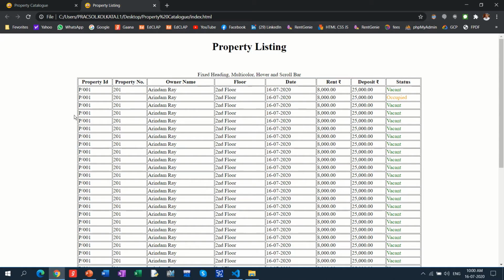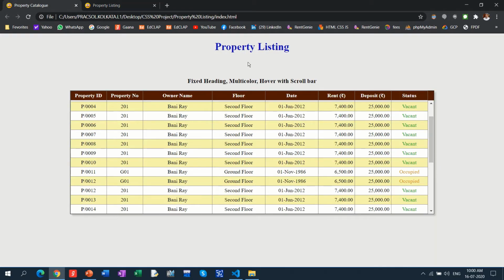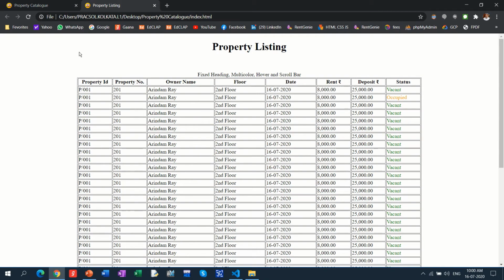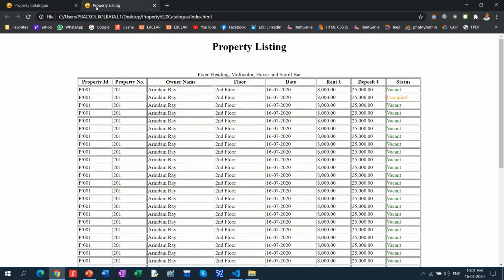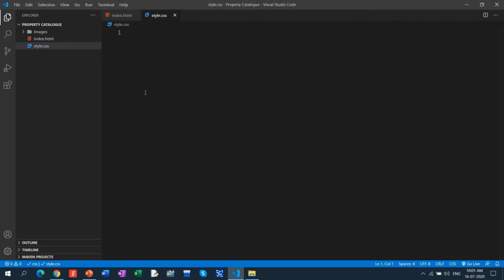First, I'll show you once again the background color. See, the background color is grayish, but in our case there is no background color. This is the title, the H1 heading, in blue color, but ours has no color, it is black. Now I want to change it step by step.